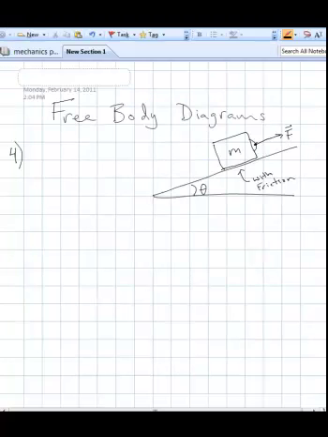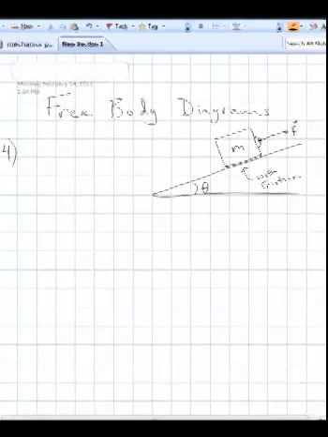Free body diagrams, video 4. This is the exact same situation as video 3, but we're going to add friction this time. So I'm going to start out with my